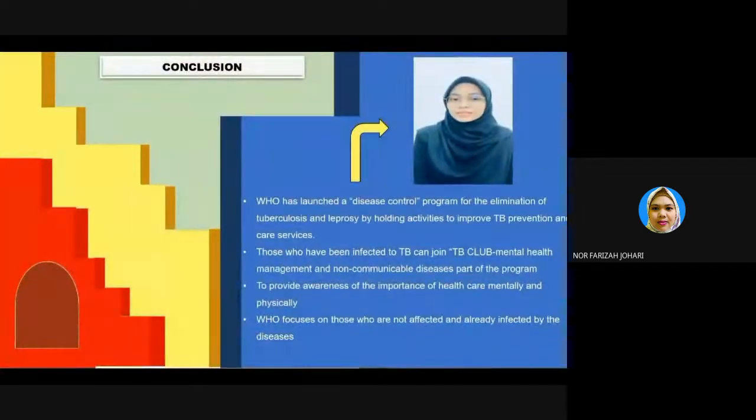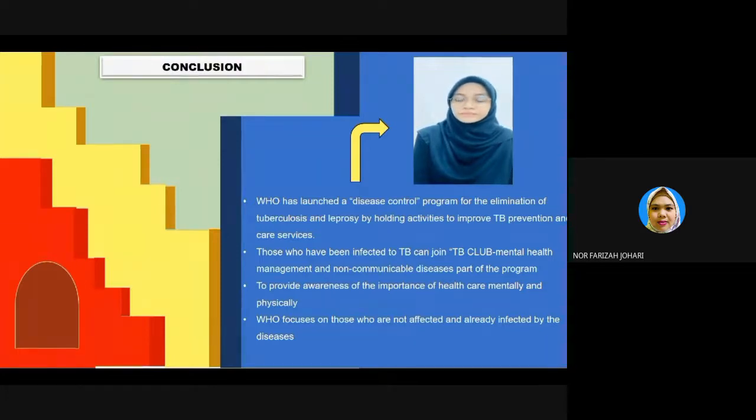In conclusion, the World Health Organization (WHO) has launched a disease control program for the elimination of tuberculosis and leprosy by holding activities to improve TB prevention and care services. This is because tuberculosis is the second largest infectious disease in the world after HIV. Those who have been infected with TB can follow the TB Club to facilitate discussion about the disease they